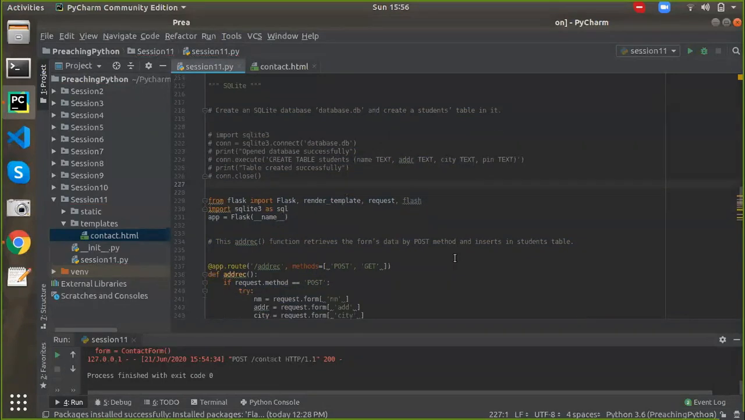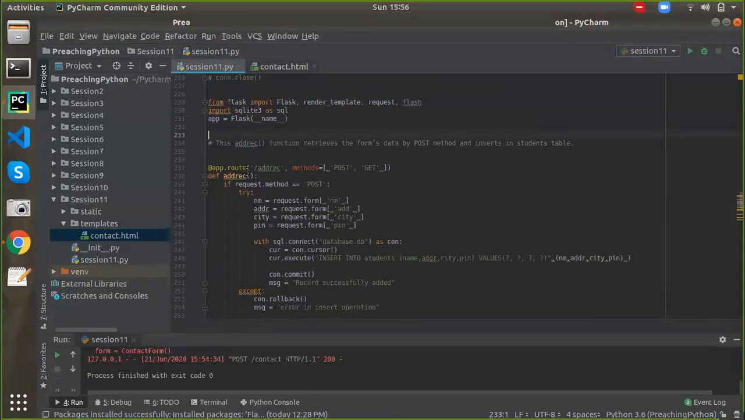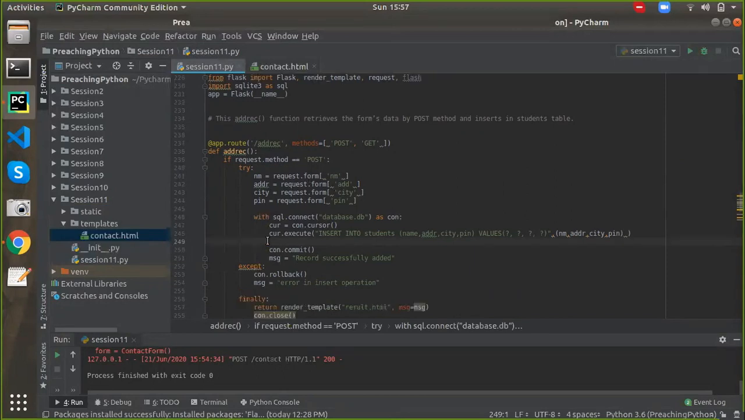So for that, what will my code snippet look like? This is the required imports, and the application forming is done. Now I've defined a route, that is add record or addrec. This route extracts from the request content that it receives on the request body. It will extract the name, address, city, and the pin, and then